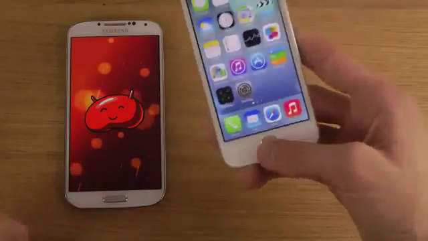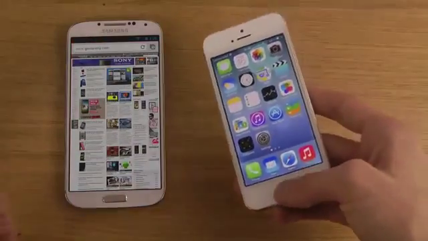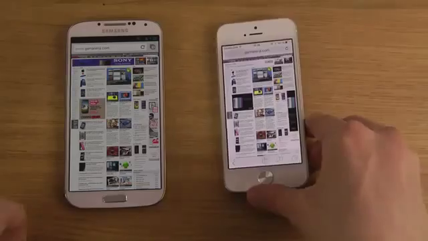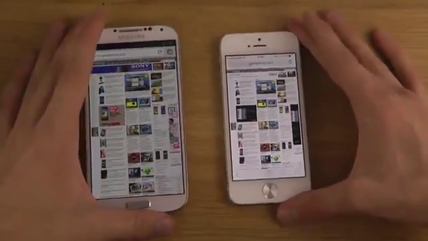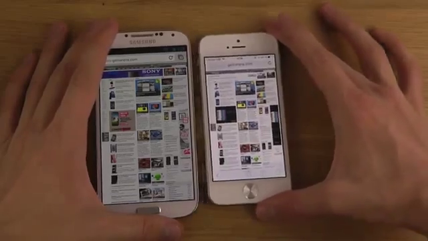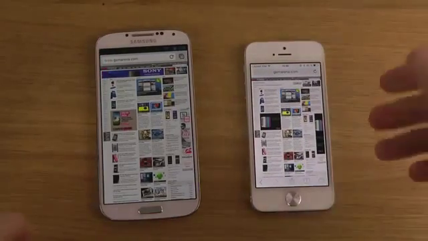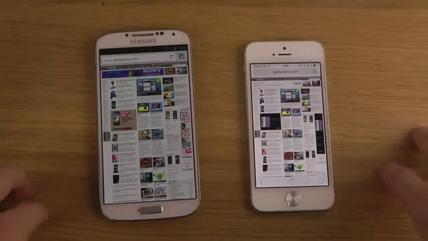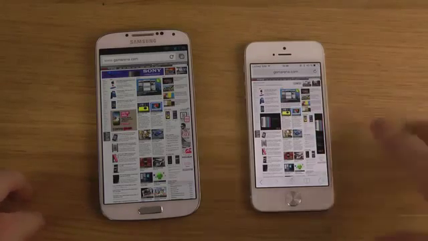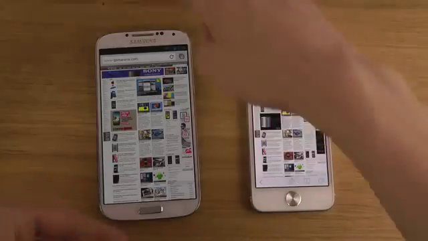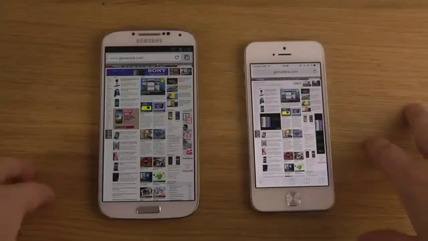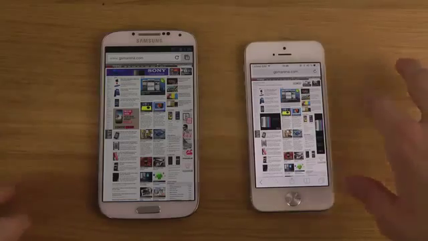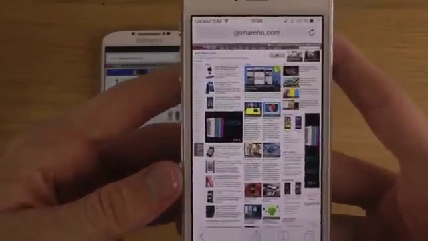But let's take a look at the Safari browser here and the Google Chrome browser that you get in Android. So let's see here, when we pop it up, of course, we'll get a little bit more screen space here on the Galaxy S4. We are in GSM Arena, and the LCD display here looks a little bit brighter in terms of white color, but in terms of just normal colors it probably looks a little bit more vibrant here on the AMOLED screen. You can see both have a very clean UI, especially with the new iOS 7 beta,